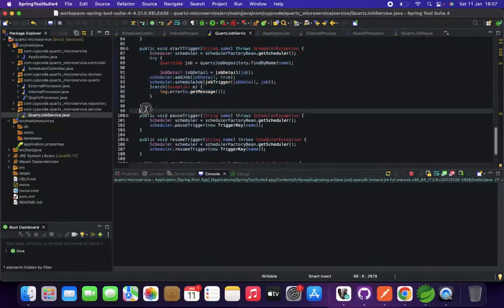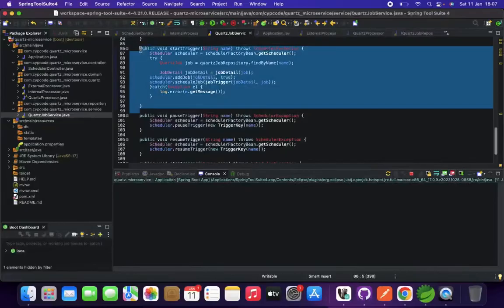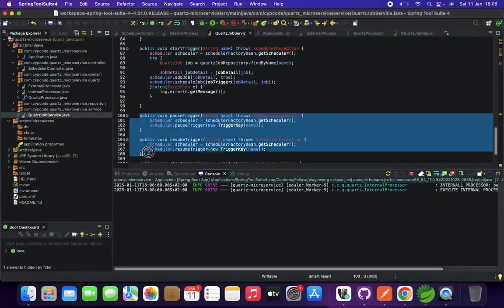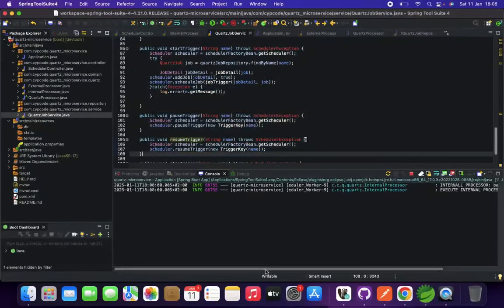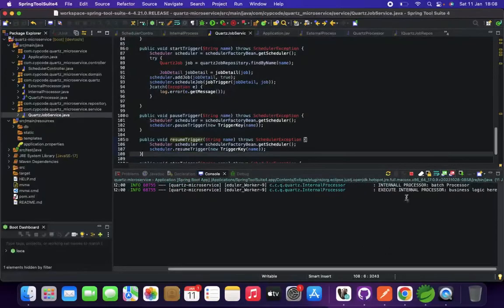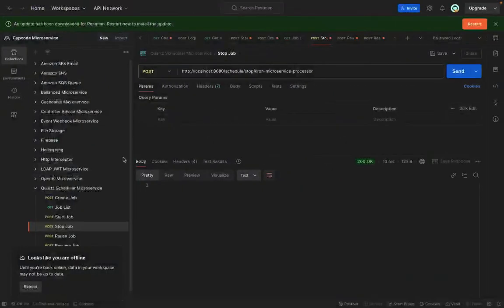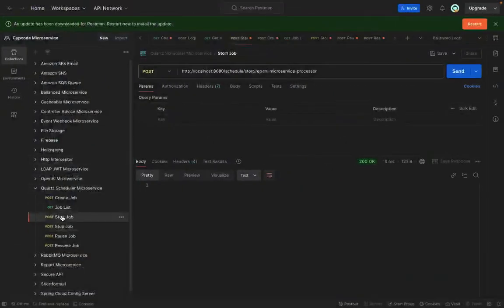It will basically start the job and have the two jobs continuing as per usual, and then the pause and the resume work fine, which you've already proven. As you can see, only 1 job was executed, internal, and execute internal business logic. This is what we're printing out on the job, and only 1 is executing. That's good. Now we're gonna start this job. Let's go back to the start, and let's start